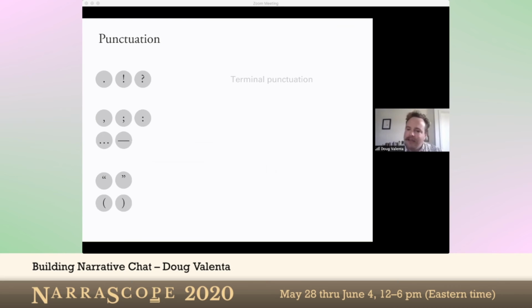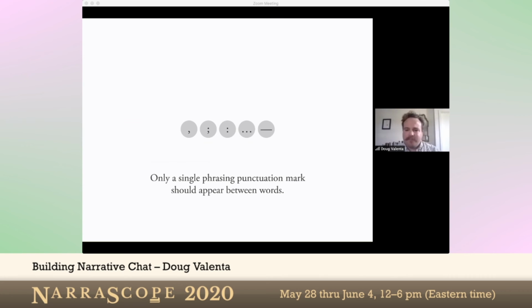So we kind of divide this punctuation into three groups. We can talk about terminal punctuation, which is the stuff that goes at the end of the sentence. Phrasing punctuation, which is the stuff that goes in between words of a sentence. And then grouping punctuation, which is a little bit special. We don't do a ton of special handling for those, but basically we have some rules, and these are the kind of rules that are made to be broken. These are essentially style decisions that we have encoded and that could evolve over time.